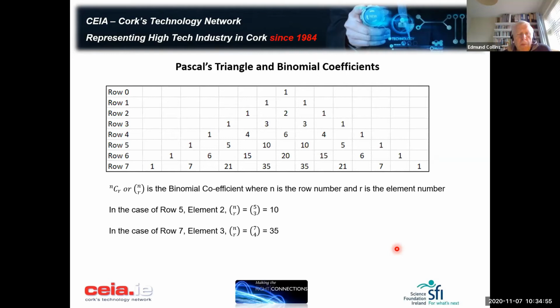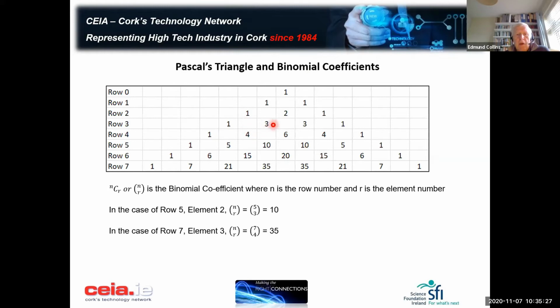I've just shown 8 rows, starting with row 0 to row 7, and it goes on, obviously to infinity, but it's very interesting. There's a lot of symmetry here. You see ones are on the left-hand side and the right-hand side of each row. And then as you go down through the rows,